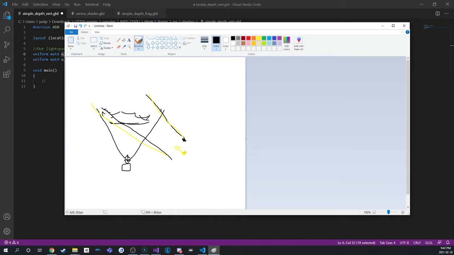And so in order to get the light view, GLM has a function called lookAt, and we basically take the inverted position, or not position, I screwed that up, the negative direction